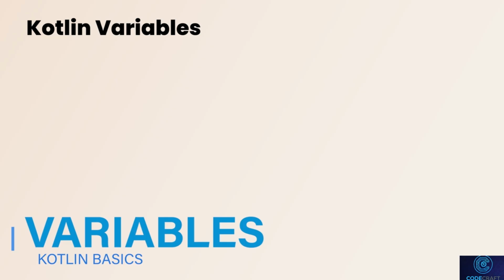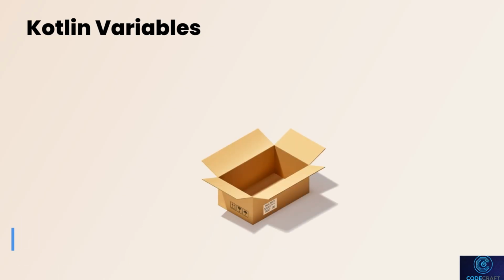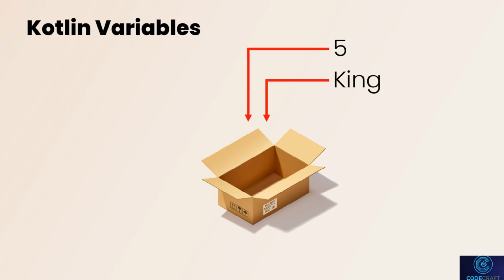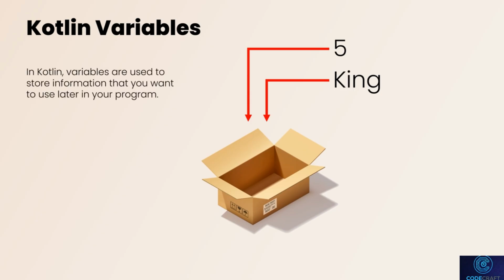In this video, we're going to learn about Kotlin variables. Imagine you have a magical box. This box can hold different kinds of things like letters, numbers, and words. A variable in programming is like this magical box. It's a special container where you can keep different types of information, just like you put different things in your